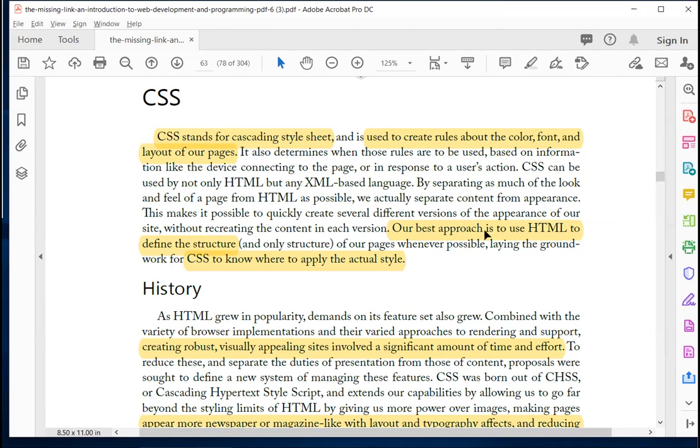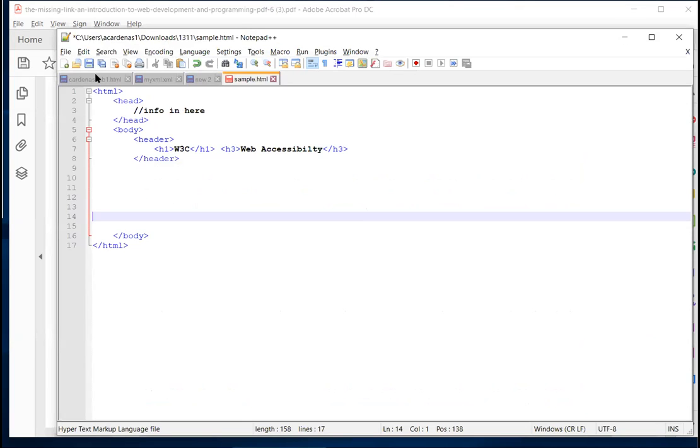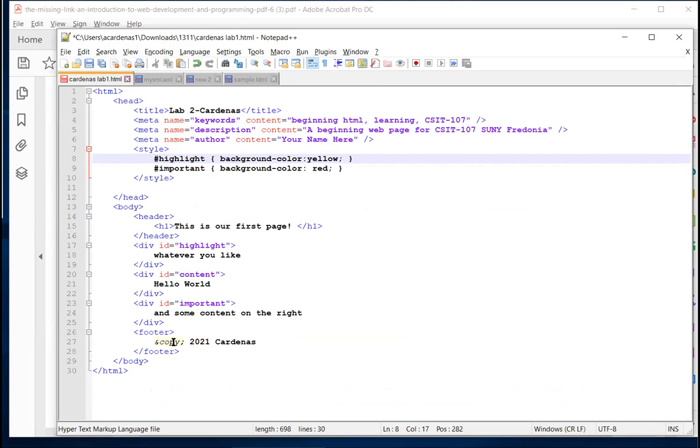And of course, it needs to be professional, and making those pages similar would make it look professional. Okay, so just a real quick thing I want to show you about CSS is that, okay, so